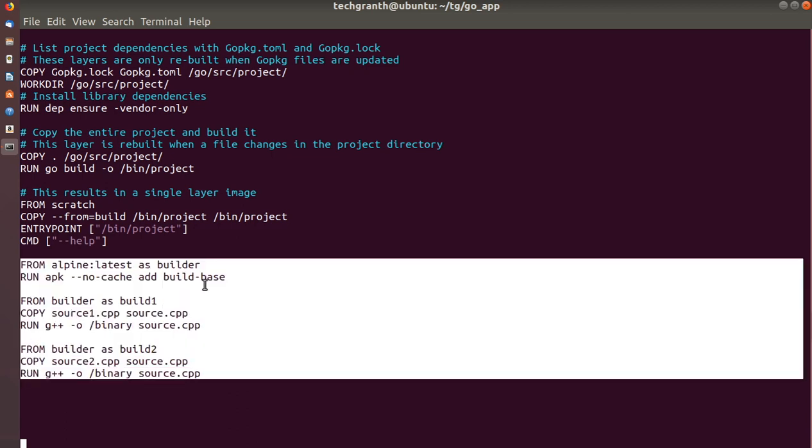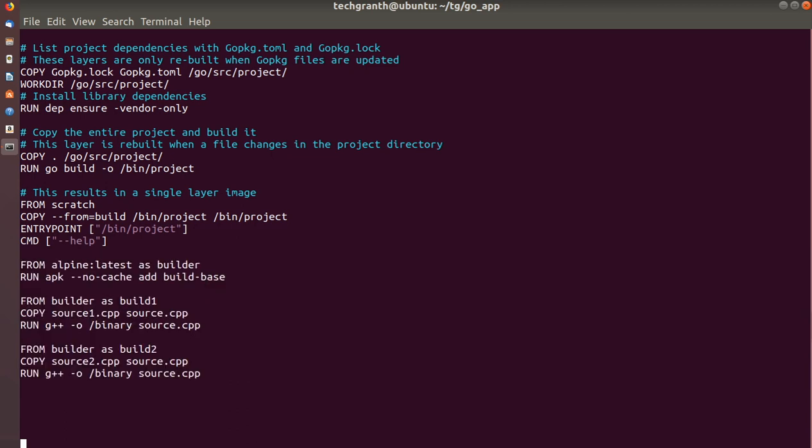We can also have these three stages here apart from these two, one this scratch and one on the top, that Golang, right? So the benefit of using multi-stage builds is we can use any of these stage names. We can use either builder or build1, build2, or a stage that did not have any name, and on top of that other stage names as well.